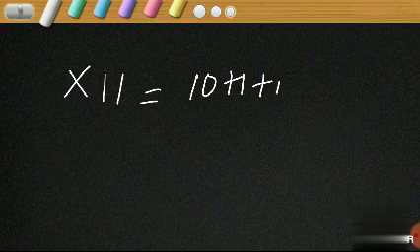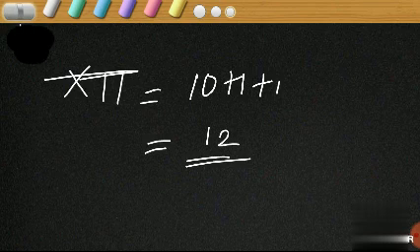Then what about XII? Who can say? XII means what? Yeah, X means 10. Smaller numerals are on the right side, isn't it? X is 10. I means 1. Again, I means 1. Smaller numerals are on the right side of the greater one, so we can add. X means 10. I means 1. Again, one more I. So 10 plus 1, 11 plus 1, 12. Okay, is it clear? Yes, I think it's fairly clear now.